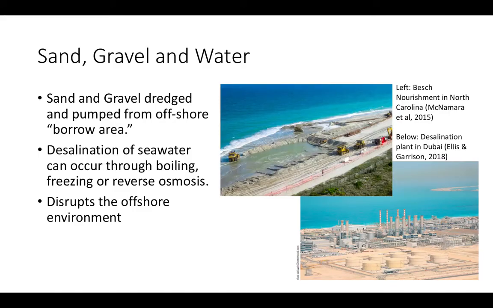Okay, moving on from oil and gas. Another physical resource is sand, gravel, and water. Now, these might not be the most glamorous of the resources, but they are nonetheless important and make some people money. Sand and gravel. You may recall from when we were talking about beach replenishment, when we talked about coasts,